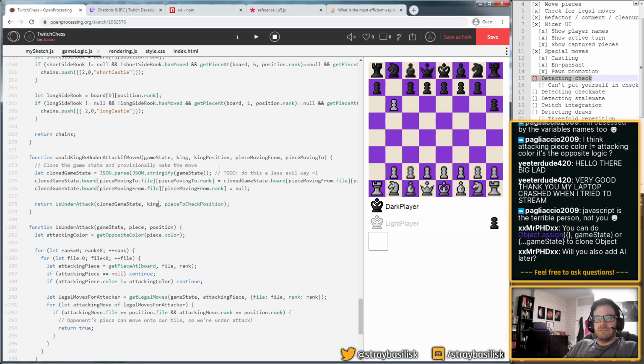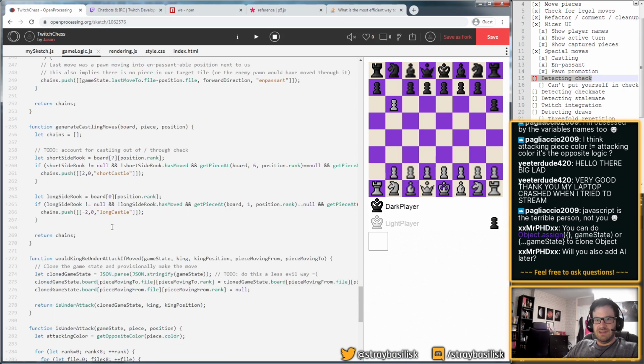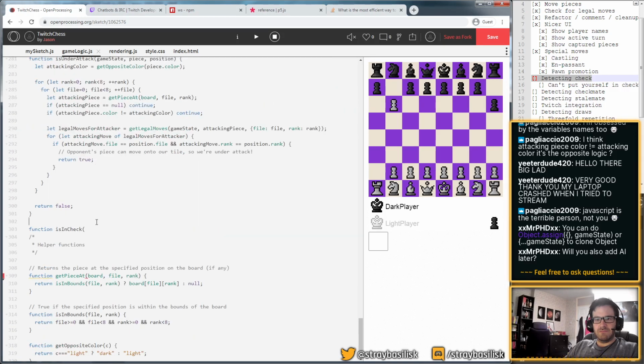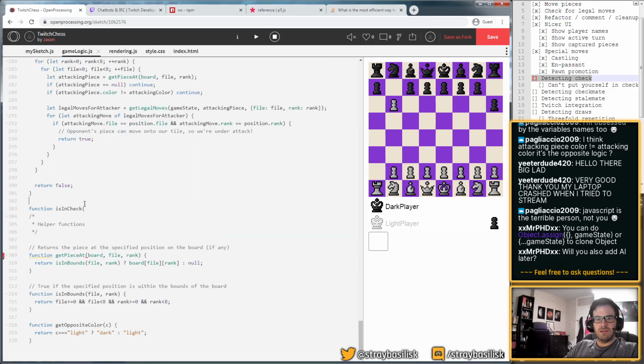Okay, this is nicer. Now this is at least generic, and pretty good, I think. This will be pretty useful to tell if a move is illegal because it puts us in check. So let me do something like... oh, got this here.